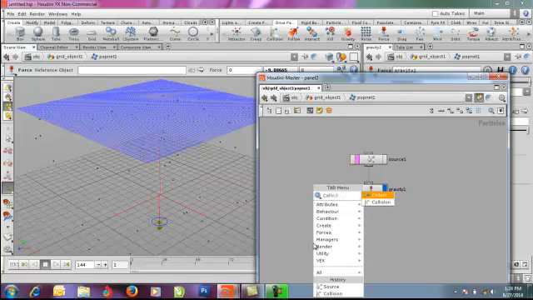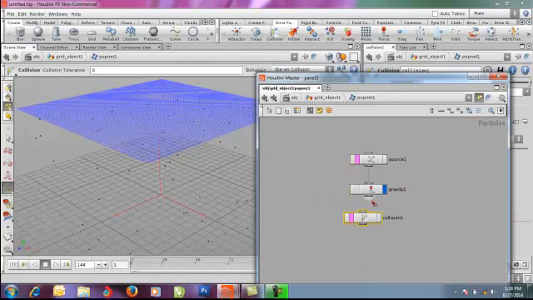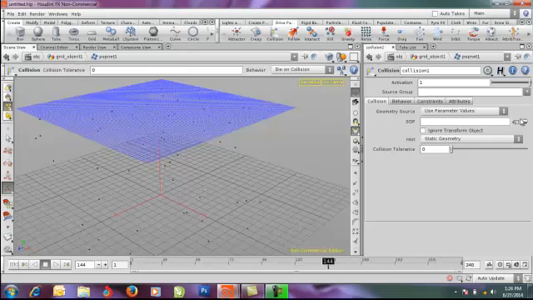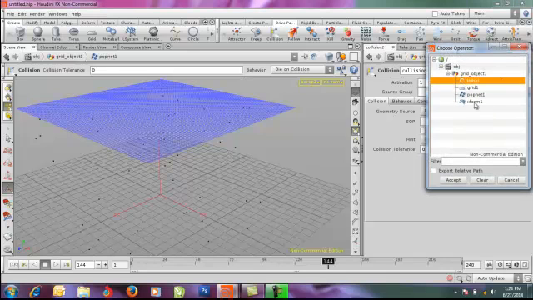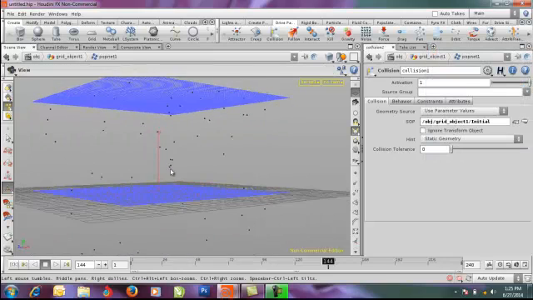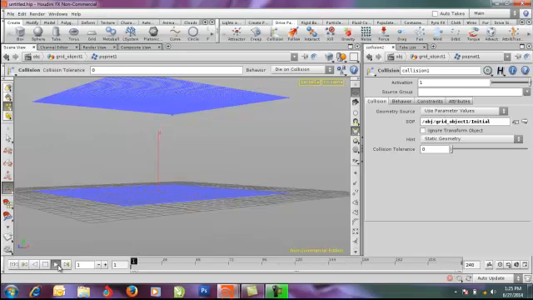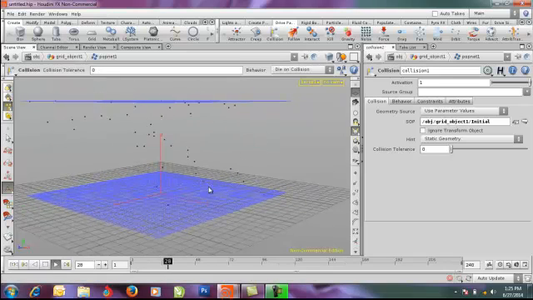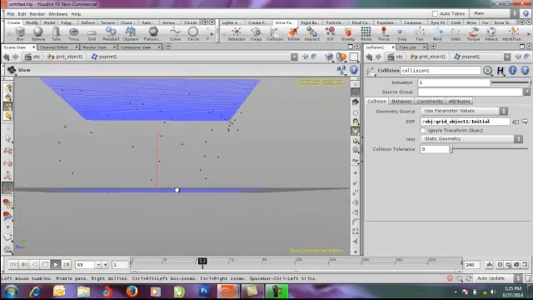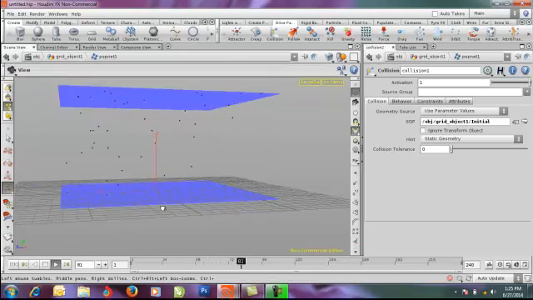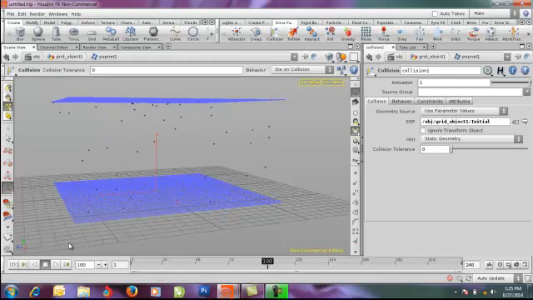Let's come here and add collision to my pop net here and connect my gravity to the collision, and I will focus in onto the collision here. Now what is it going to collide with? Let's pick up my initial init group. So you pick up the initial null object from here and click on accept. Automatically, if you look at behavior, the behavior is set to die on collision. So with that default behavior set, I'm just going to play here and you can see it's colliding as well as the particles are dying on the collision. They are not moving down any longer. So this done,